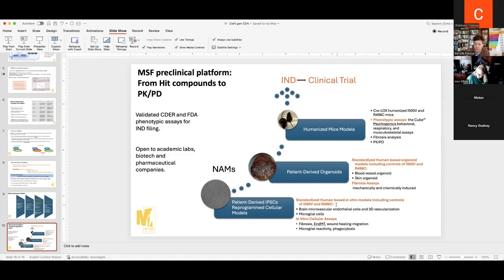So we are measuring fibrosis, wound healing, cell migration, with a scratch wound test. We take the cells and you just scratch the cells and you see how they repair, how they proliferate and go from one side to another. And we measure what we call the EndMT. Now we are going really into details. It's endothelial mesenchymal transition. That's a mechanism that is fundamental for fibrosis, and we measure that mechanism in the patient cells.